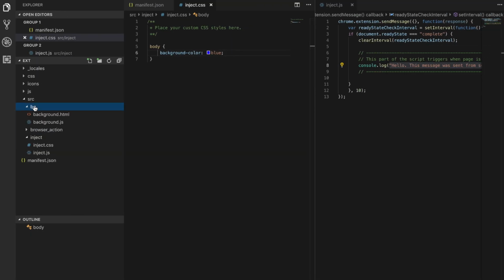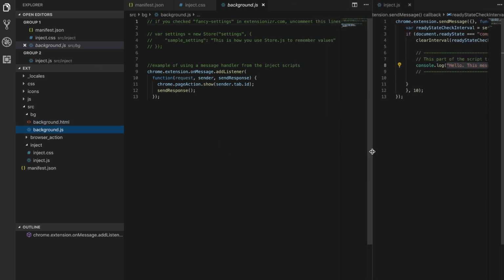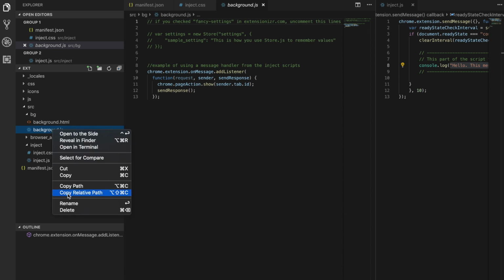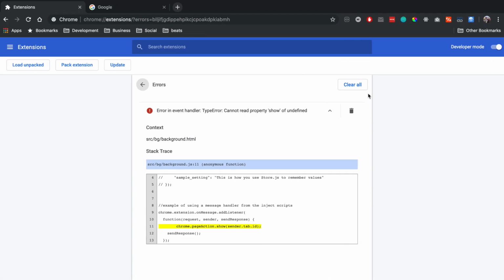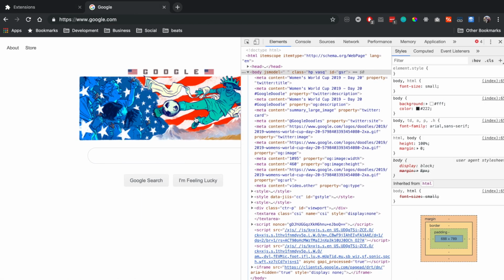Let's see. Yeah, we actually don't need this. Clear these errors. Go back, refresh it. There we go. Now if we go back to Google and we refresh,